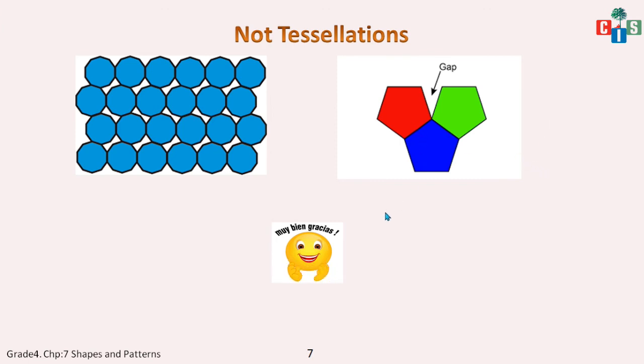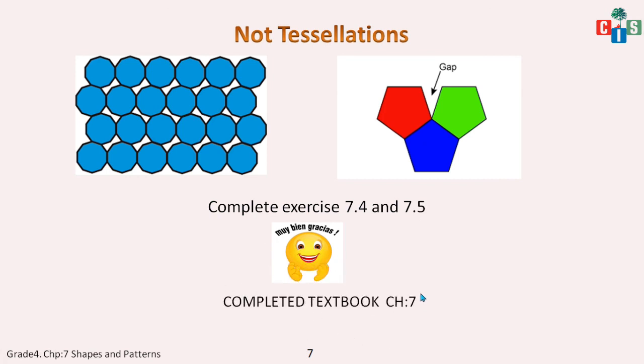Now kids, with this we have your homework part, that is exercise 7.4 and 7.5. It depends on tessellation and it depends on symmetry. By observing this video carefully, I know you will solve it very quickly. Okay, and with the completion of exercise 7.5, we come to the end of this chapter from the textbook. That is, we will end the chapter. And kids, I hope you are understanding the topic.